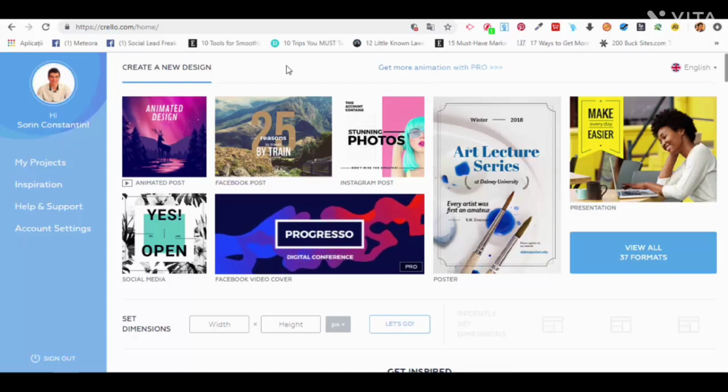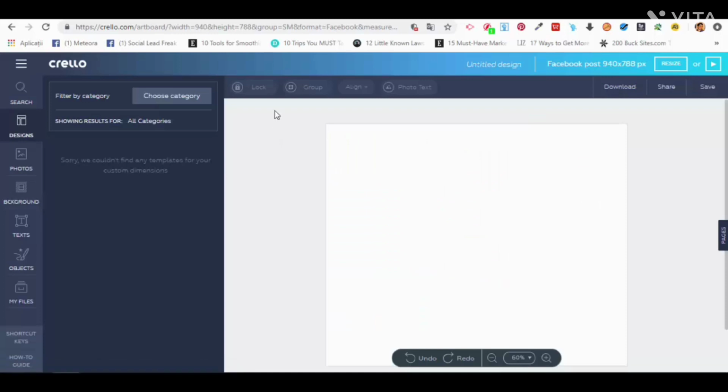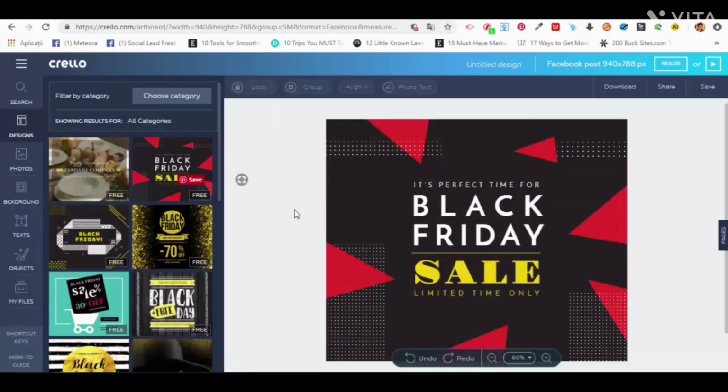And Crello has a very nice and neat function for that, and I will show you an example. We will use also a Facebook post for this example. Let me choose a category. Let's say that this is the final version of our graphic design. Now something which can be very useful for you, the Facebook post is 940 pixels by 788 pixels, is the